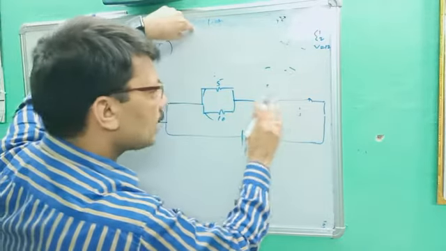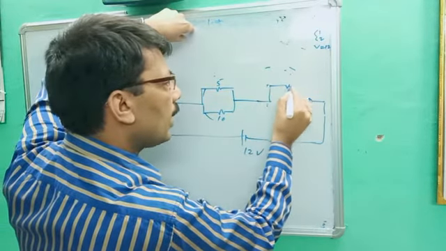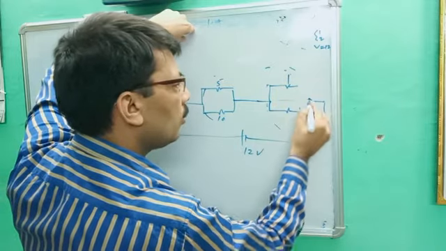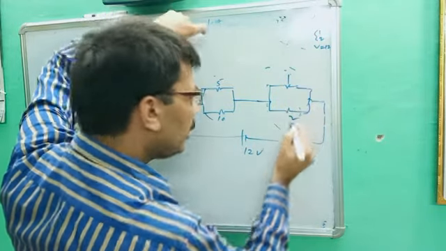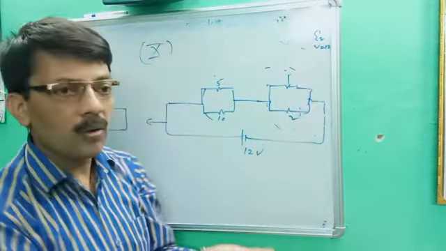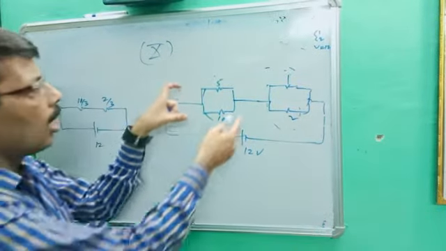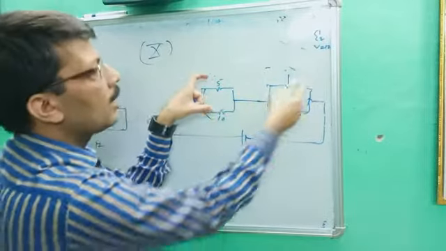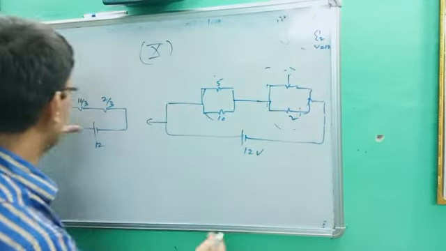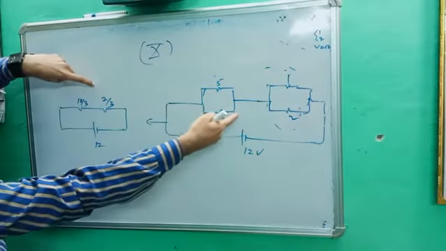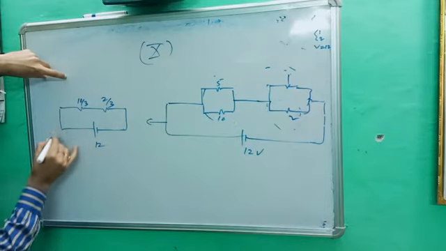But in that circuit, one more circuit is connected here, 1 ohm and 2 ohm. It means they are in series, and you better know in series potential gets divided according to resistance. So first we find how much potential is created for this and how much for this. We will go through this one, then we go back to the main diagram. So first we get the answer for I.